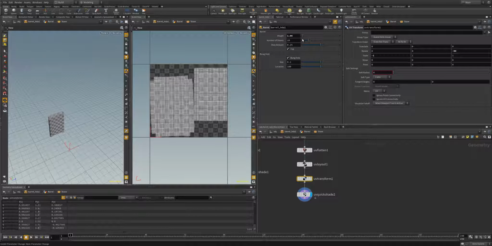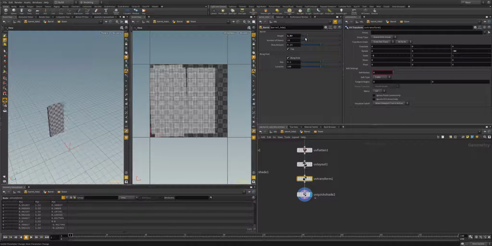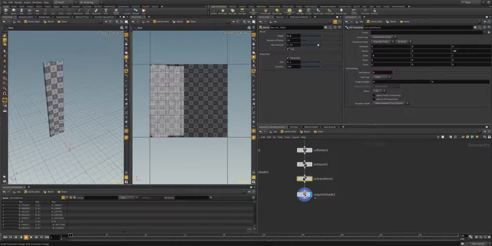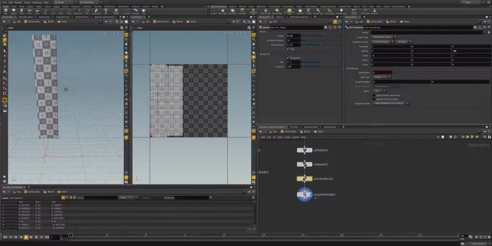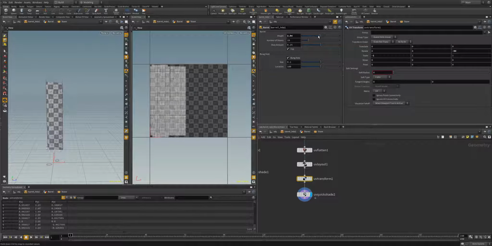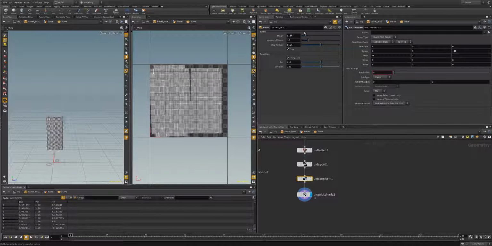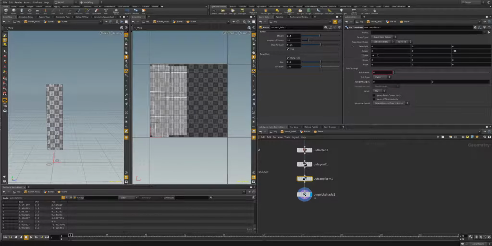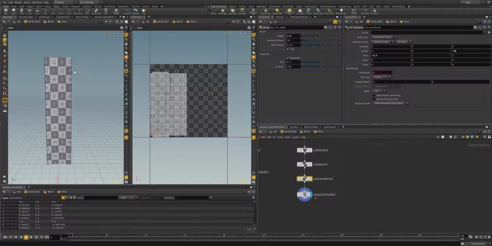But we're getting some weird distortions with our scale as it changes. That's not too bad. So that may not end up being an issue. But as it gets higher, I want my wood grain to stay the same scale, because I don't want my wood grain to get bigger as my stave gets taller. So we're actually going to want to modify this scale so that we maintain a nice square shape